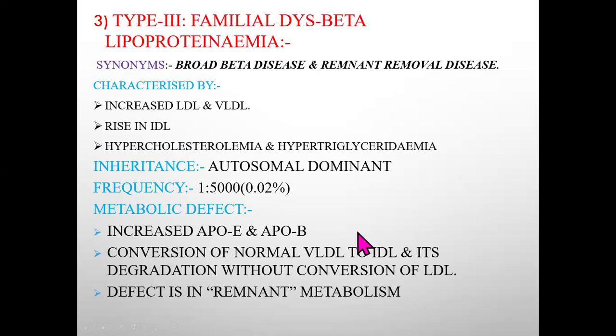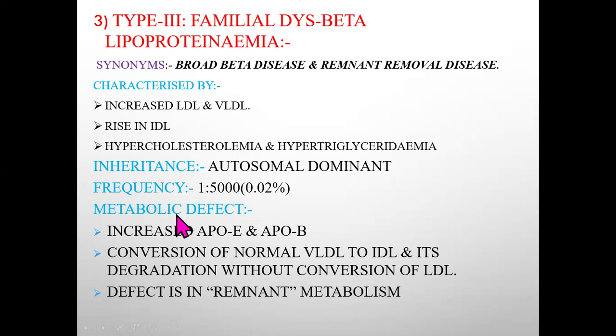So for type 3 familial beta lipoproteinemia, it is also called broad beta disease and remnant removal disease. It is characterized by increased low density lipoprotein and very low density lipoprotein. There is a rise in intermediate density lipoprotein, hypercholesterolemia and hypertriglyceridemia, and inheritance is autosomal dominant, and frequency is 1 in